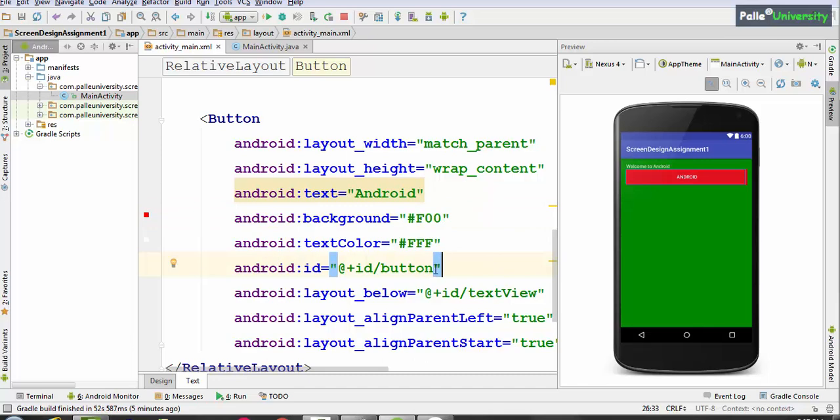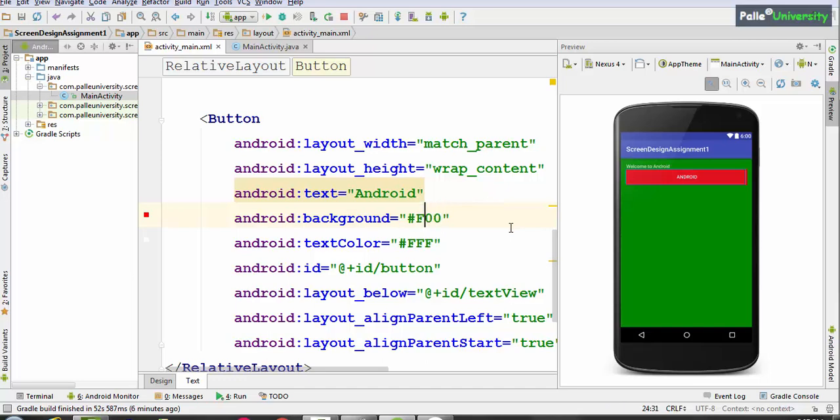Now the next point is, as I told you, whenever you want to change any color combination, you have to give the color combination in RGB format. Just like RGB format, there is one more format called RRGGBB, which comes with more color intensities. RR for 2 red color combinations, GG for 2 green color combinations, BB for 2 blue color combinations. Either you can give 3 digits or 6 digits.